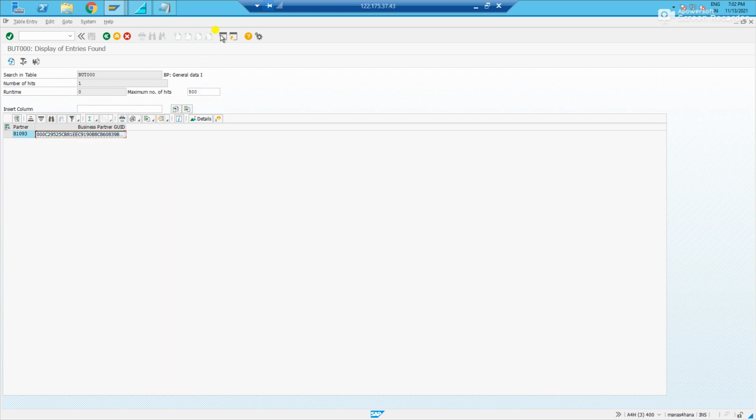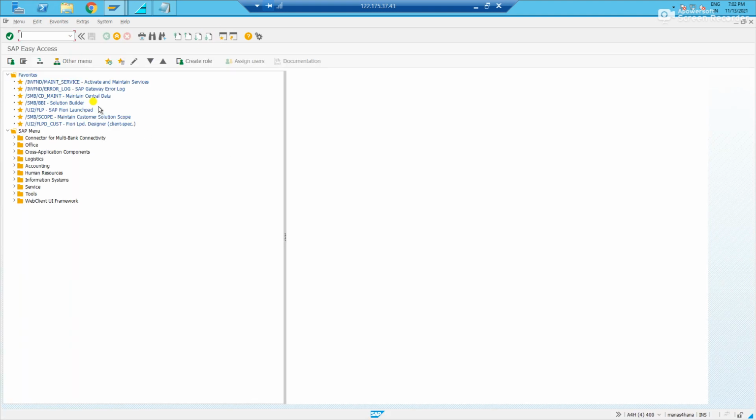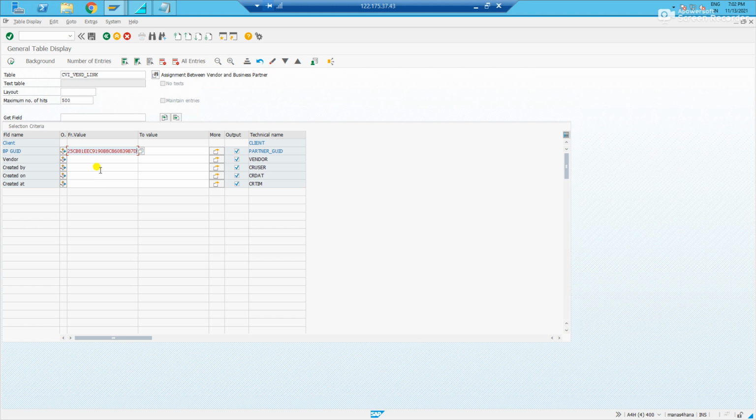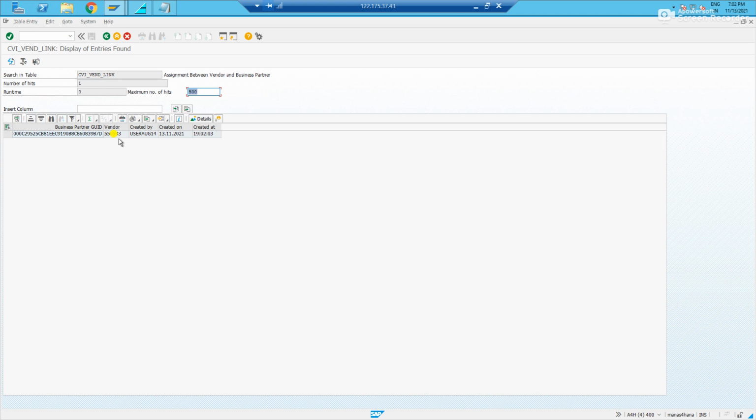Let me copy this and go to another table, CVI underscore vendor underscore link. Here I need to know the vendor. If I put the BPGUID here, then I'll know the vendor name. See, for this BP, this is the vendor.